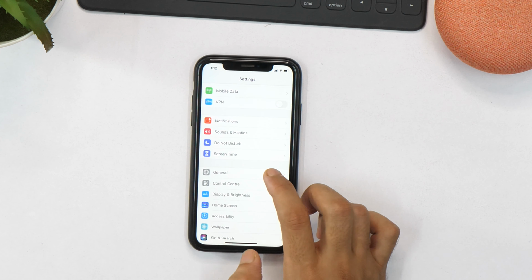Since I don't want to waste your time, I'll fast forward this and come back later when the backup is completed. Alright, now you can see that the last successful backup is at this time, which is the same as current time. That means the backup is already completed and now we are ready to proceed to installation of iOS 15 beta. For that, we will need to install iOS 15 beta profile,